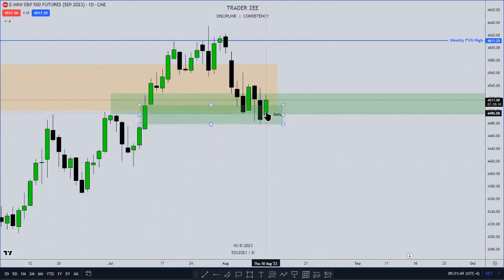To fill the daily fair value gap, we had to go down yesterday, but today's opening went straight up again into the weekly fair value gap. Weekly BC. We have a gap here, a volume imbalance. I'm not saying that's going to be it today, but if we go higher,